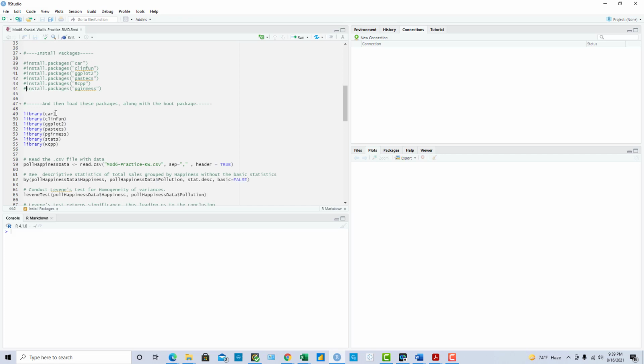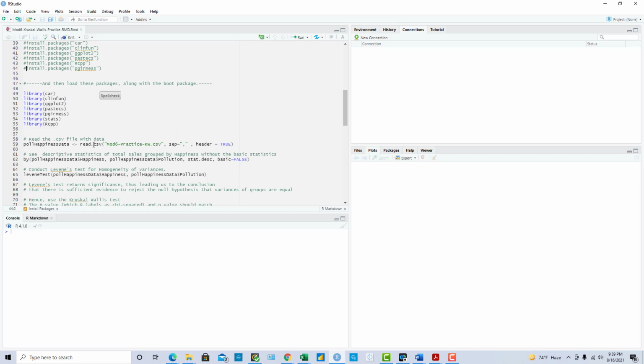And then once you install all the packages and bring them in using the library command, one of the first things that we do is to read this input data file into a data frame. We are naming that data frame poll happiness data.